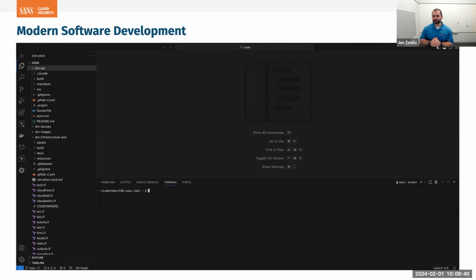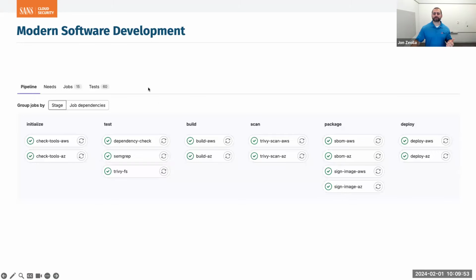I'm going to do a demo that kind of shows this a little bit, but developers are going to open up some files from these Git repositories and make changes. Add code, add functions, add business logic. Open that merge request. And once they get peer review, their CI/CD pipeline should run.